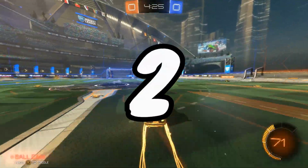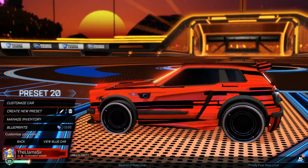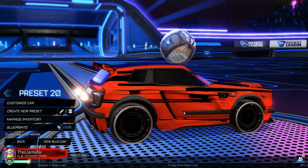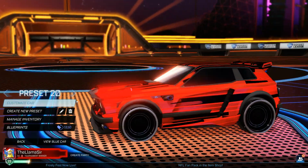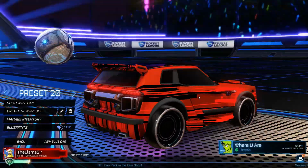After that, this was a recommendation from my buddy Speedo, but the black Visionary wheels. If you want a fairly solid mostly black wheel, most of the time those go for like 1,000 credits or something like that, but the black painted Visionary wheels go for around 100. You can definitely find them for 100 if you look,